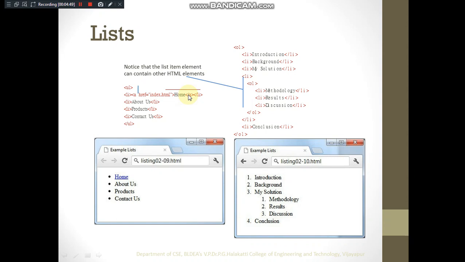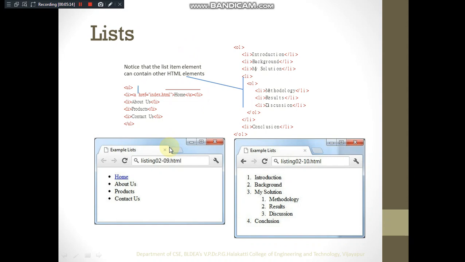So which element is nested under which element? I mean to say, here an element is nothing but a tag. So the anchor tag is nested inside the li tag, and the outer tag is li. So the inner element must be closed first. The inner one is the anchor tag, which is closed first, and then we close the li tag, correct? So this is how the output looks.